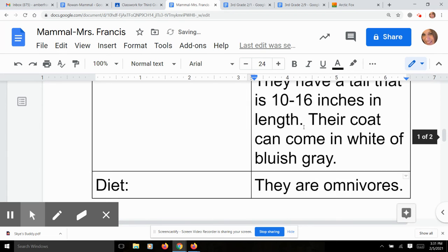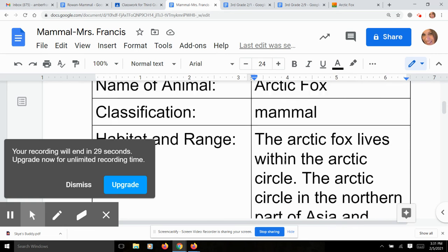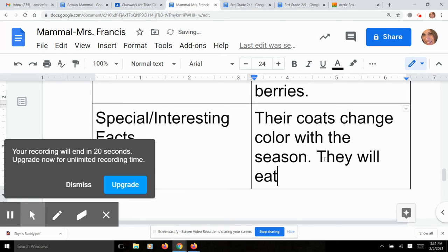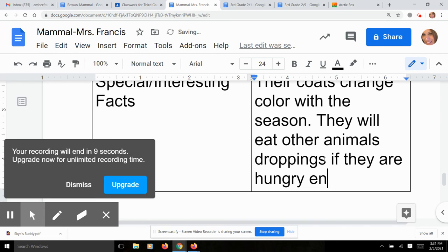All right. Now it's getting really, really big. I'm going to go back and show you how to make that a little bit smaller. And then I'm going to add one more sentence here to the interesting facts. They will eat other animals' droppings if they are hungry. Okay, well, that's it for this one. And the next animals we're going